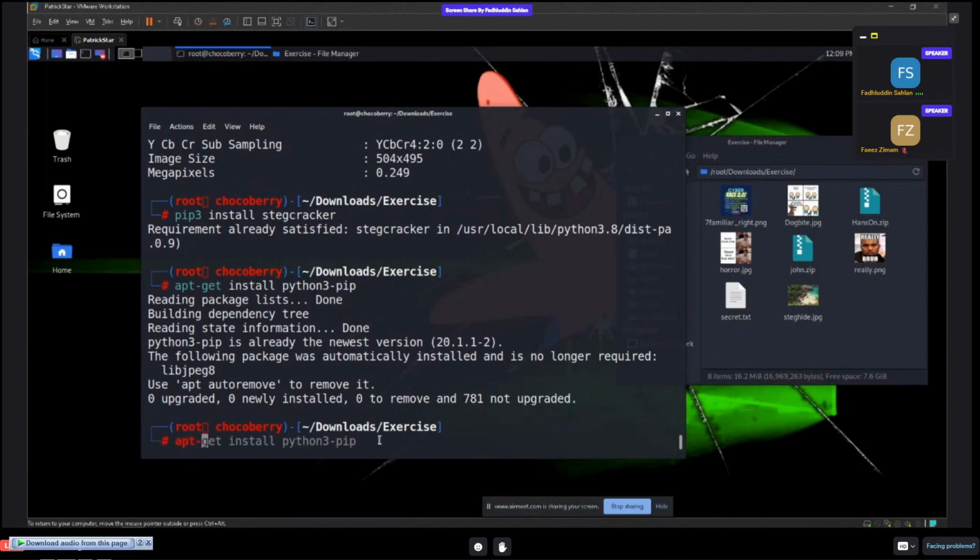apt-get install pip, this command, and then after that install StackCracker using pip3, using this command. Can you install it? Alright, good. So if you use StackCracker,